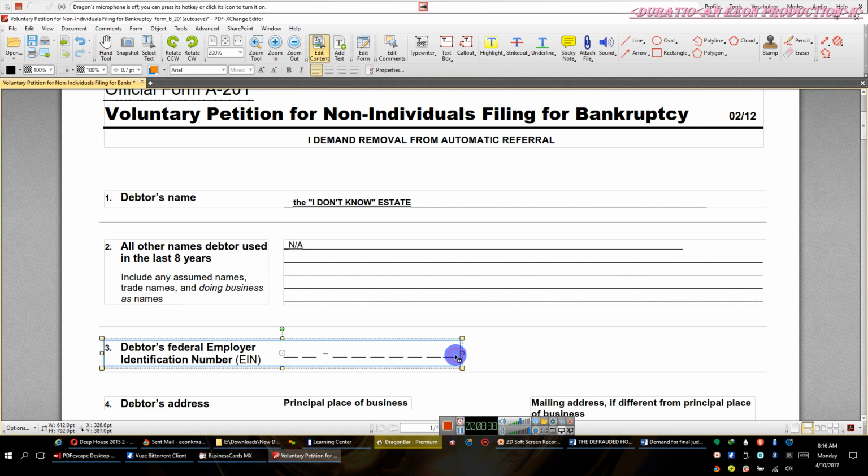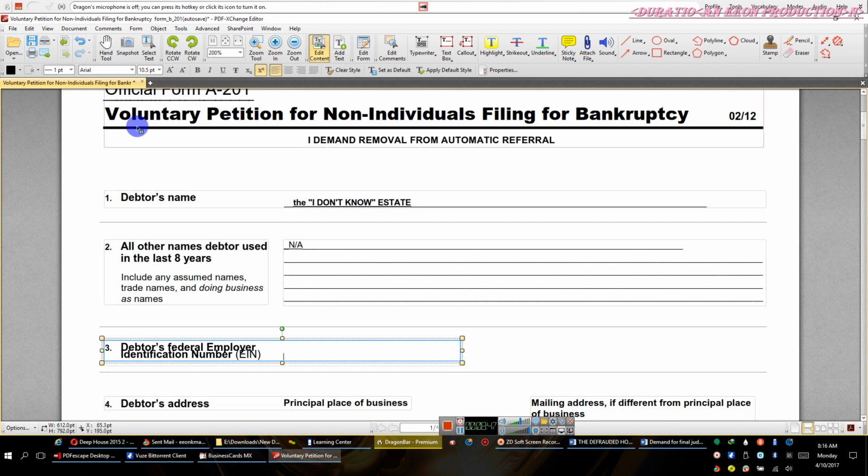All right, then when you come here, you want to go back, get rid of all of that. You want to put the estate. So what we're going to do before we do that, because it said 10.5, we're going to bring it to 14. And then we're going to put the social security number with 1 dash. So the first two numbers, 1, 2, then 3, 4, 5, 6, 7, 8, 9. Okay, that's going to be the EIN number. You're going to put social security number 1 dash, the social security number assigned to your estate.